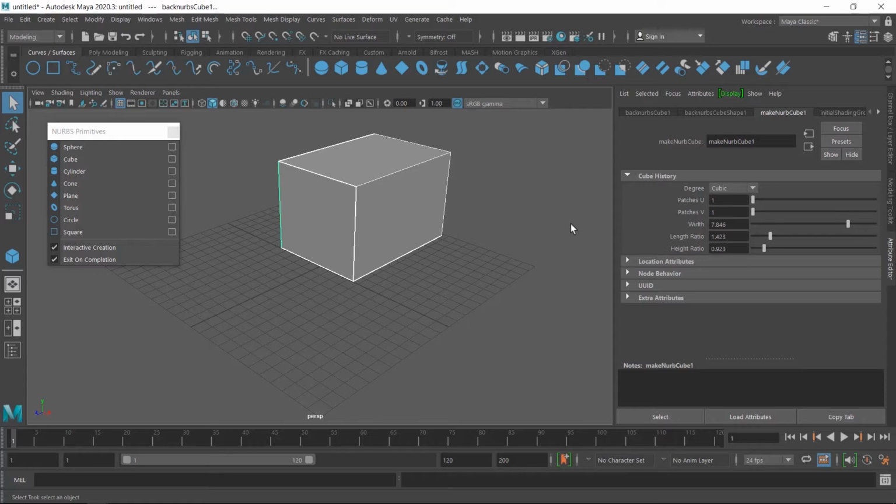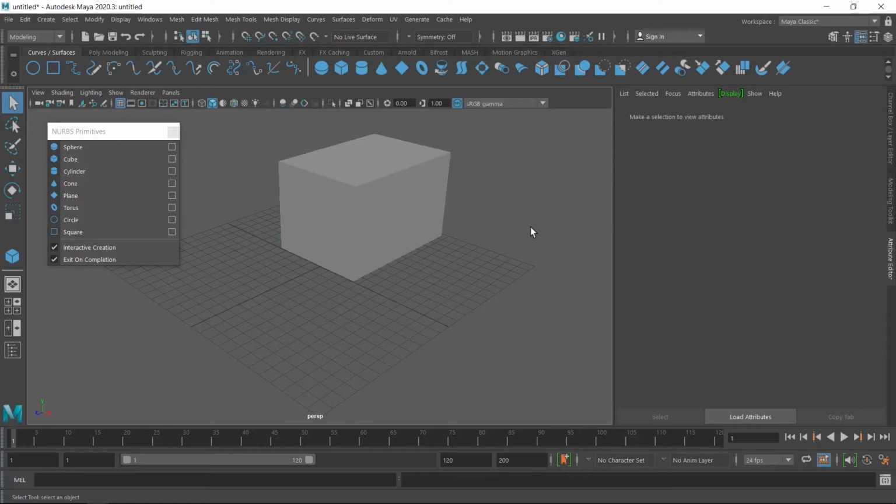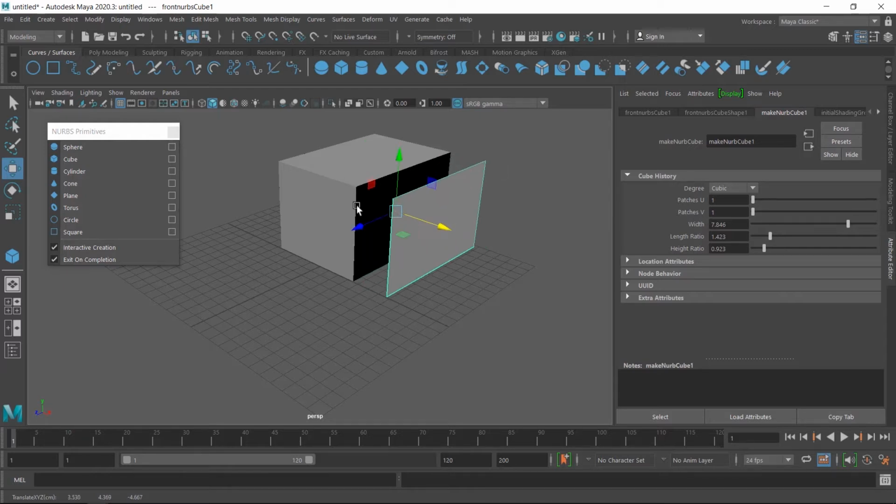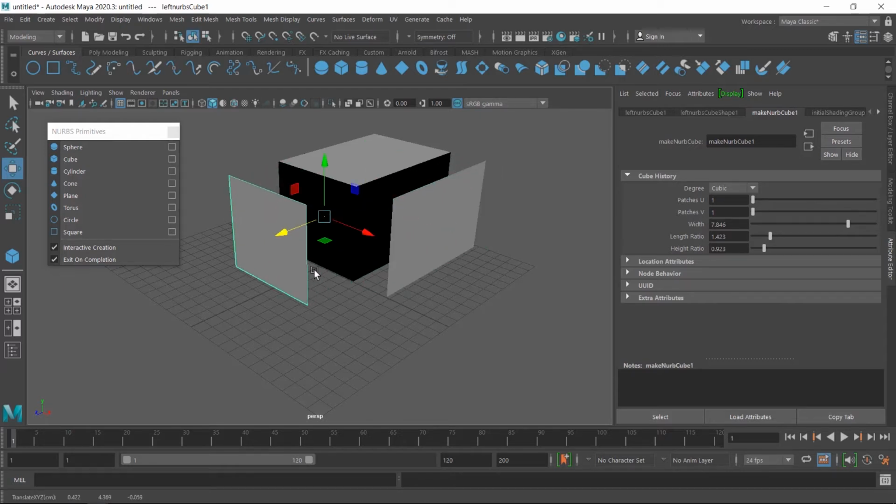And the other important thing is, if you click outside to deselect this cube and then click on one side, only one side is selected by one click. And if you want to select all the sides, click and drag and create a window selection. This cube is created with the 6 sides. If you want to select only one side and move, you can move it by the move tool like this. I undo again.